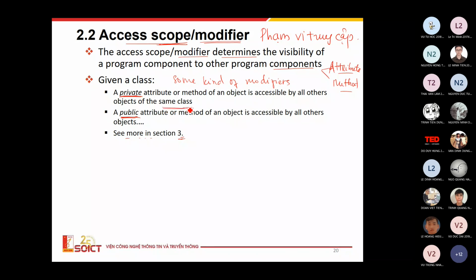Private, that means riêng tư mà, thì chỉ các cái phương thức và các cái thuộc tính của cái đối tượng đấy thì chỉ có thể được truy cập bởi các cái đối tượng thuộc cùng một lớp. Yeah. Còn